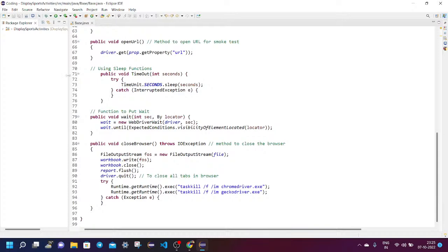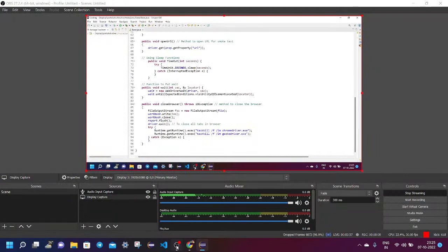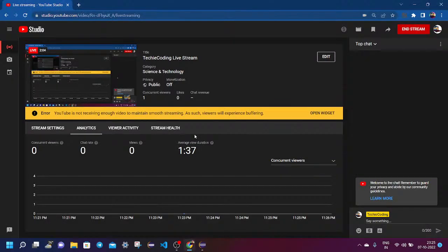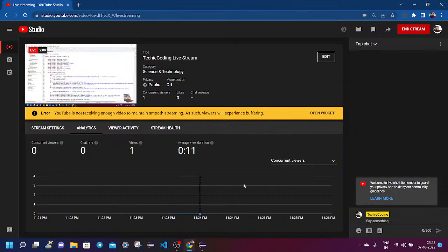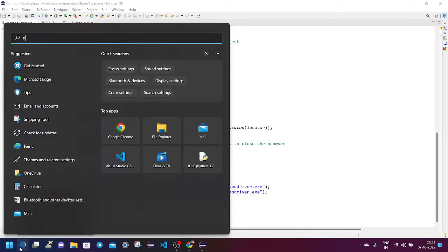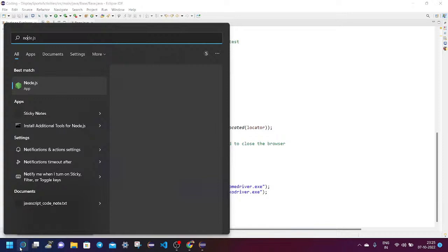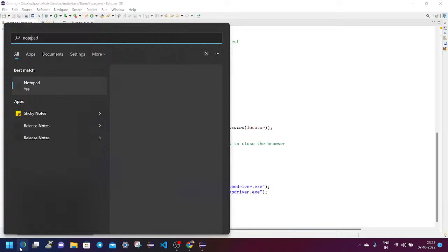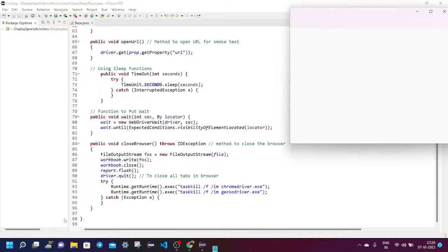I'm going to create a new Maven project. For that, you need to have all of this in your system. I'm going to Notepad to show you what things you need to have in your system. So I need to install Java,